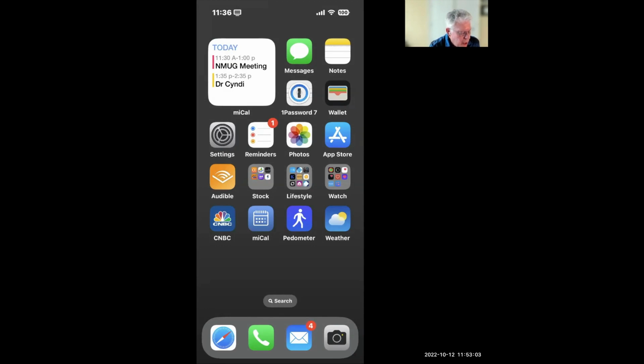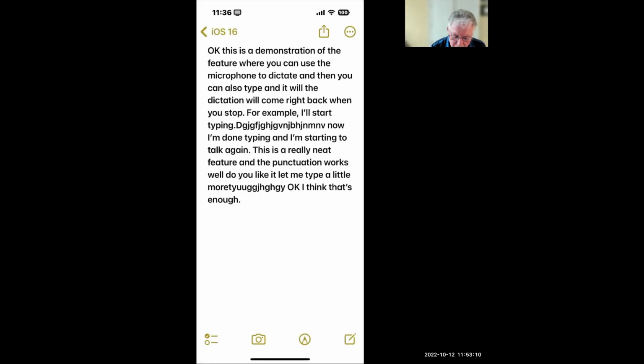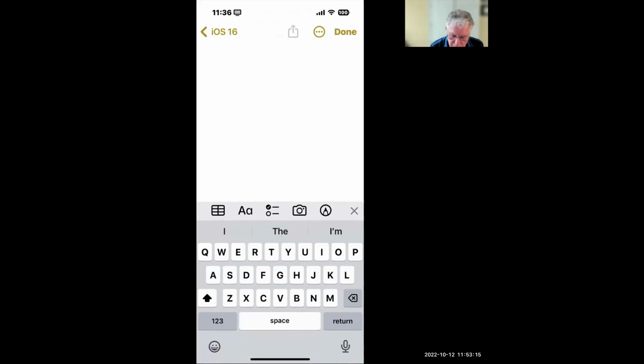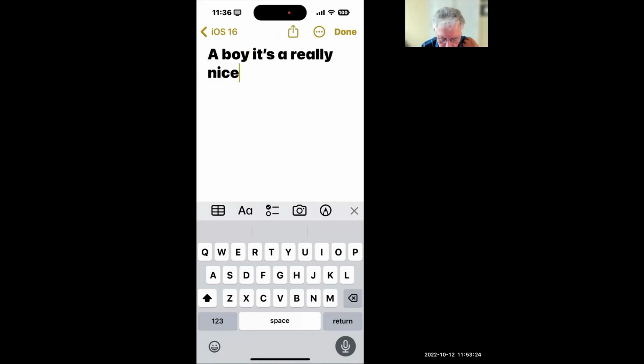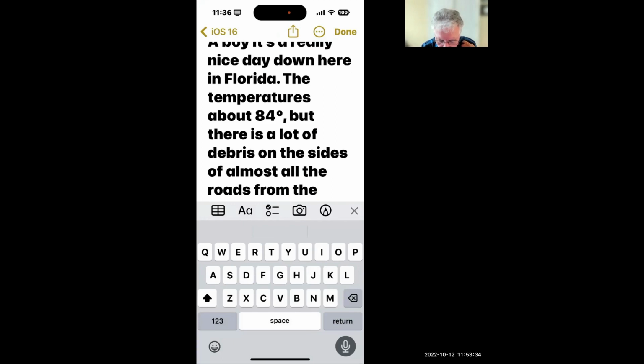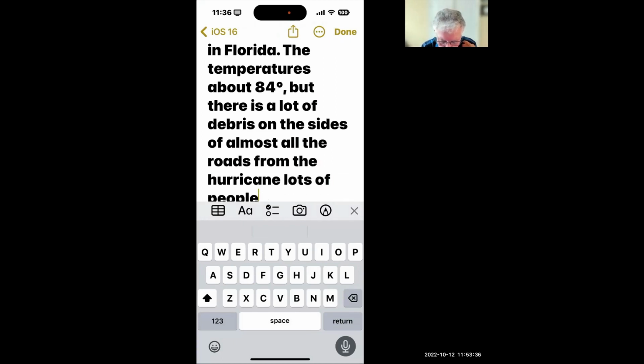Now, dictation and the keyboard. I want to spend a brief minute going over that. I'm not the best typer, but we'll try this out. So here I'm in the notes area and I want to start dictating a note. Boy, it's a really nice day down here in Florida. The temperature is about 84 degrees, but there is a lot of debris on the sides of almost all the roads from the hurricane. Lots of people lost furniture